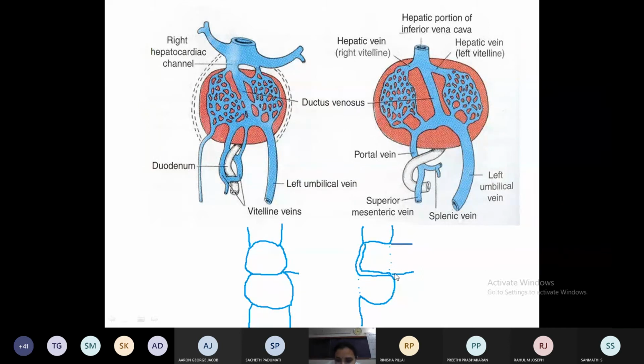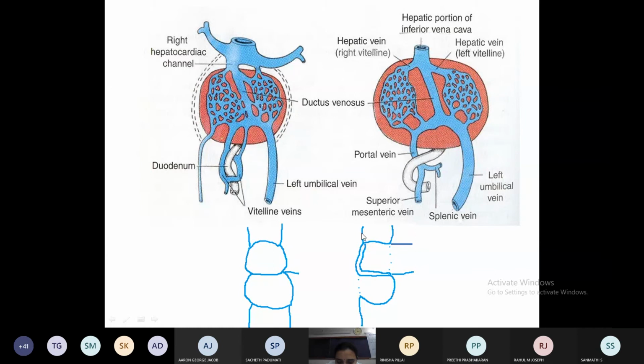This is splenic. They both join and form the portal. This is the trunk of the portal vein, which is formed by the middle dorsal anastomosis and the right vitelline vein above the attachment of the middle dorsal anastomosis. This double line is the portal vein. Then it will divide into right and left portal veins.